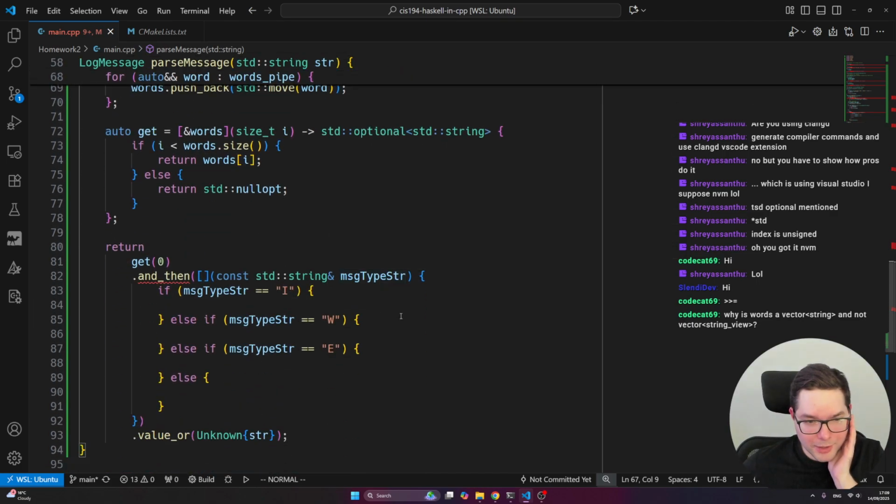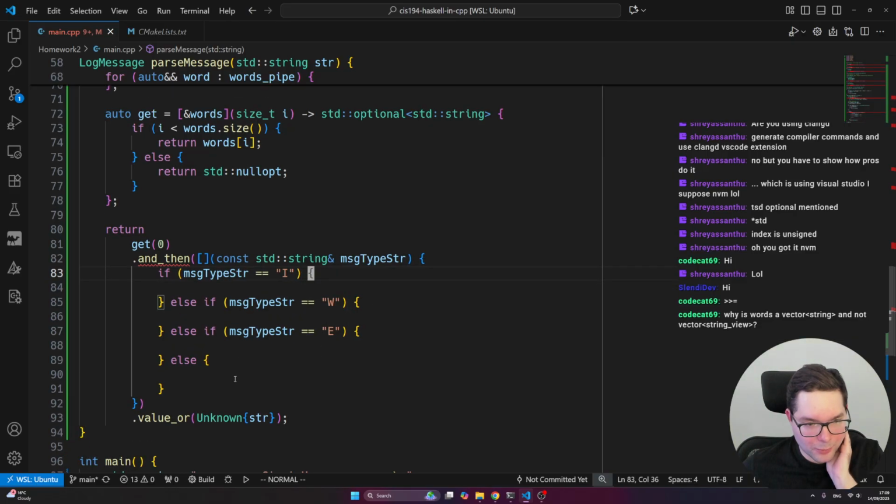Ideally, you don't want to allocate strings and all of this stuff. And yeah, we are doing all of this stuff, and there will be some code duplication, but we will see how we can remove code duplication. So if none of this matches, so our status is not information or W or E, we actually just return null opt,